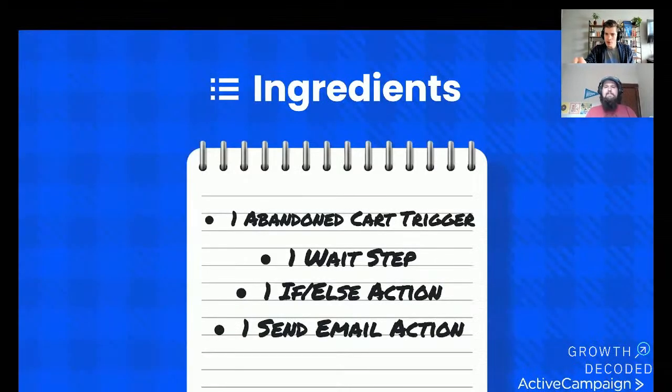So if we're going to the automation store and we've got our cart, pun intended, loaded up, what ingredients are we putting in here? We're just grabbing 4 simple things: an abandoned cart trigger, or if you're not using our Shopify or WooCommerce integration, you can use site tracking to track a checkout page or look at a third party like Zapier. So that may affect your trigger here.